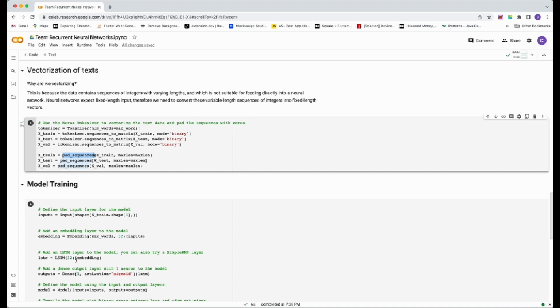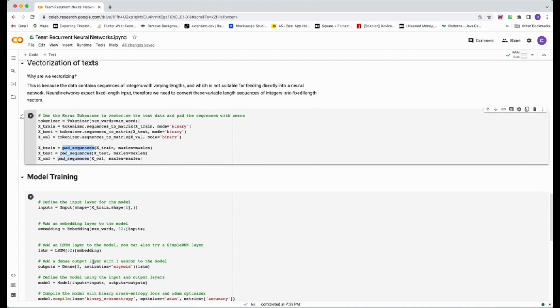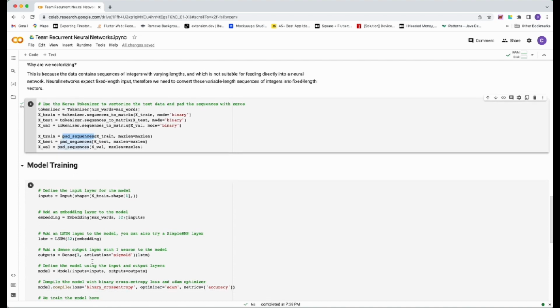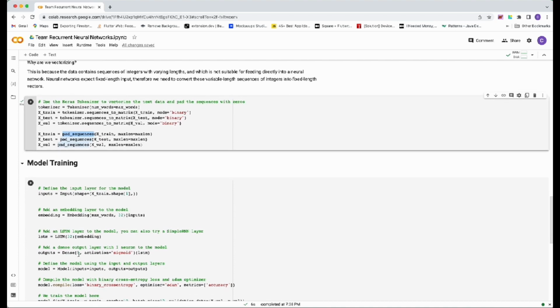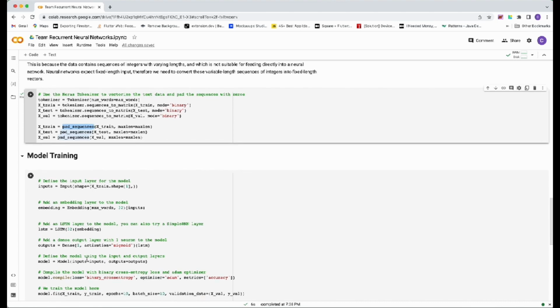You must have heard my teammates talking about the LSTM model. This layer is where the recurrent neural networking takes place. You can also try out another model, the simple RNN layer, and it gives you different results. Finally, we add a dense layer with one neuron to give us our prediction.